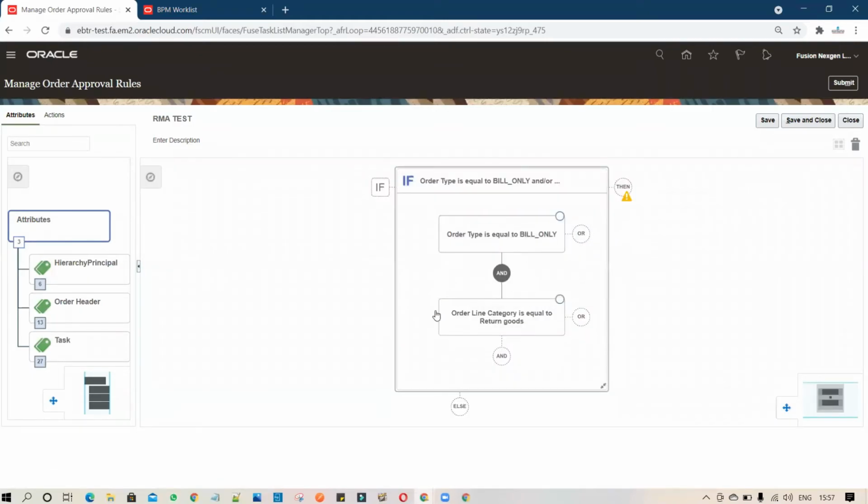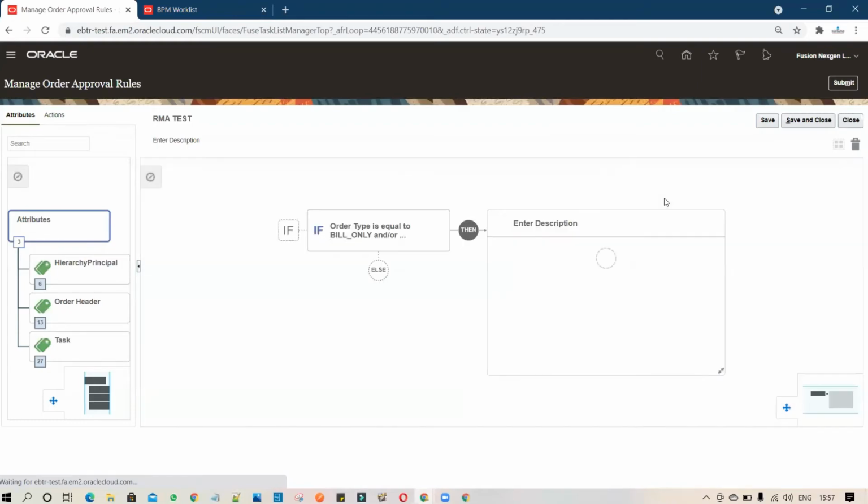So if both these conditions are met, then system will do, so what will system do? System will do and send this for the approval. So system performs the action.